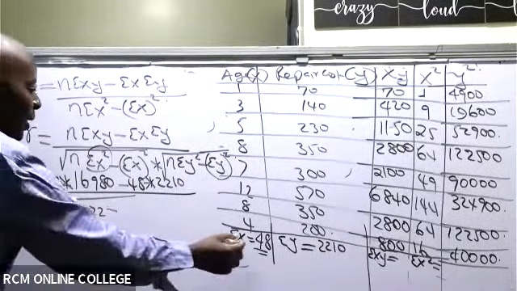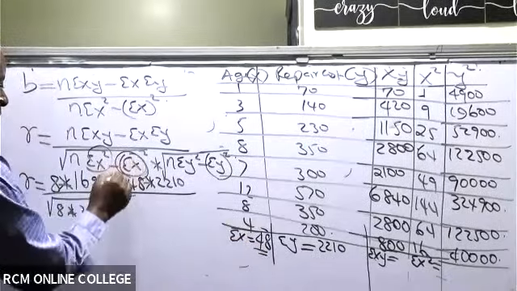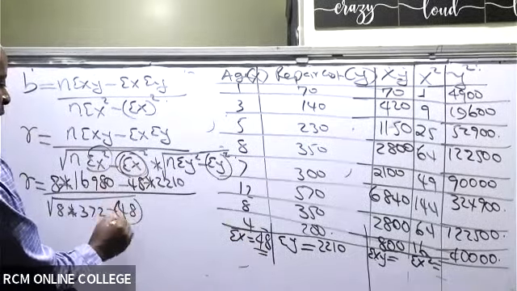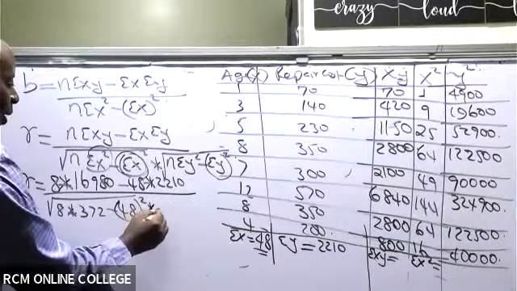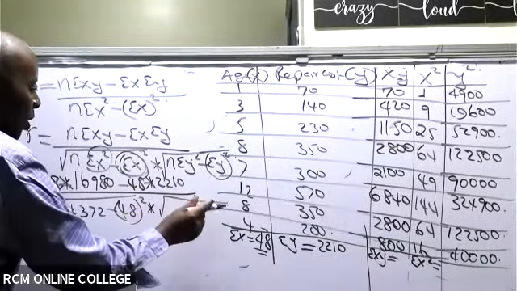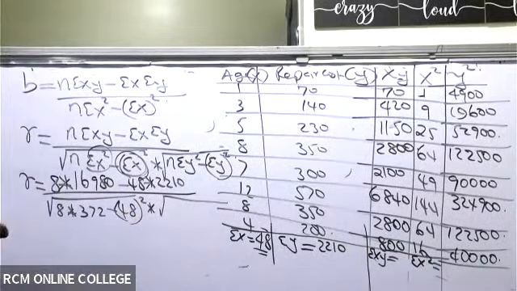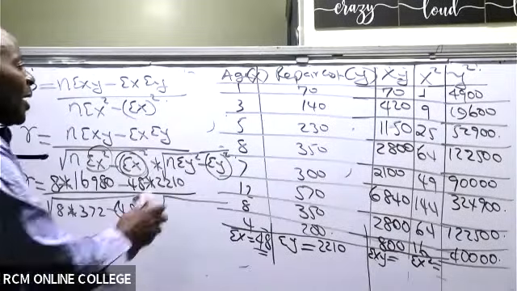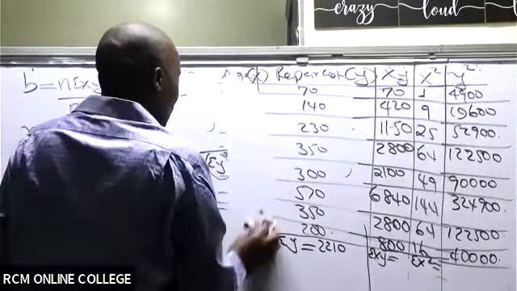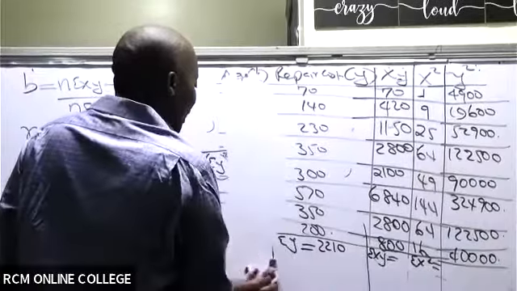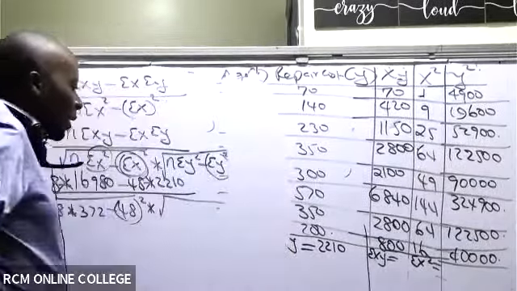Minus summation of x is this one, which is 48. But now this has to be squared. Times, take another square root. So this other square root,